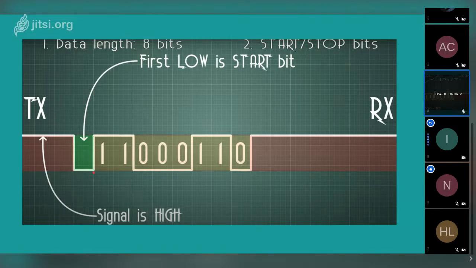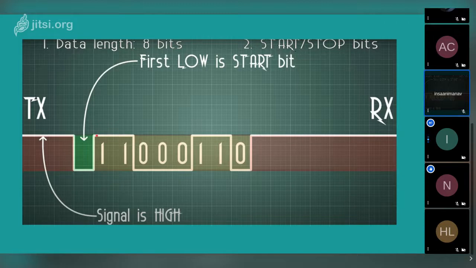Whenever this shift or trigger takes place between 0 and 1, it's similar to the case of button debouncing. It does not become 1 instantly, it needs to take some time to stabilize. So what happens is, instead of reading from the beginning of this bit,